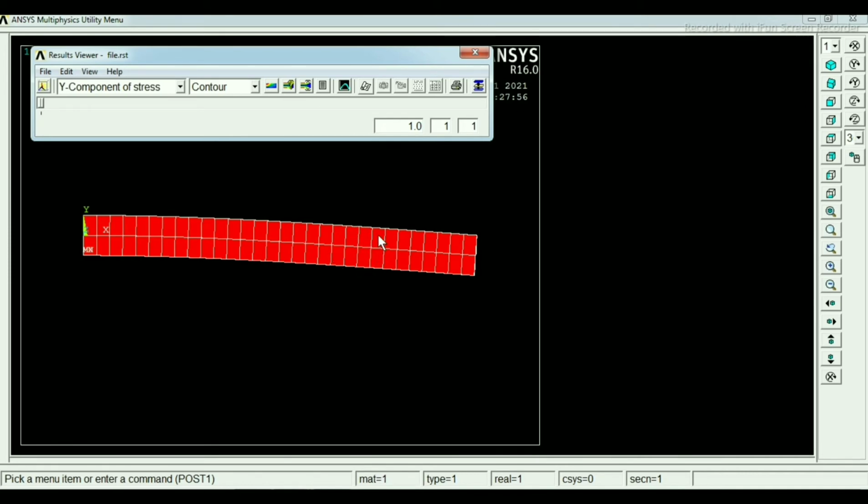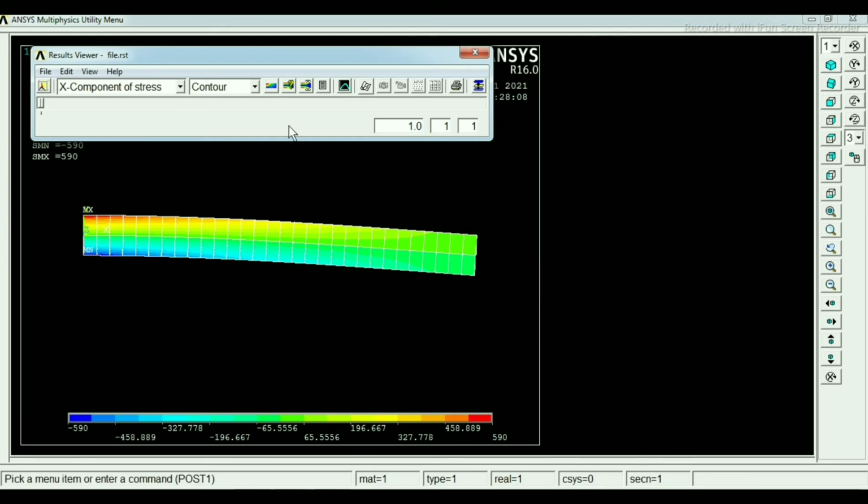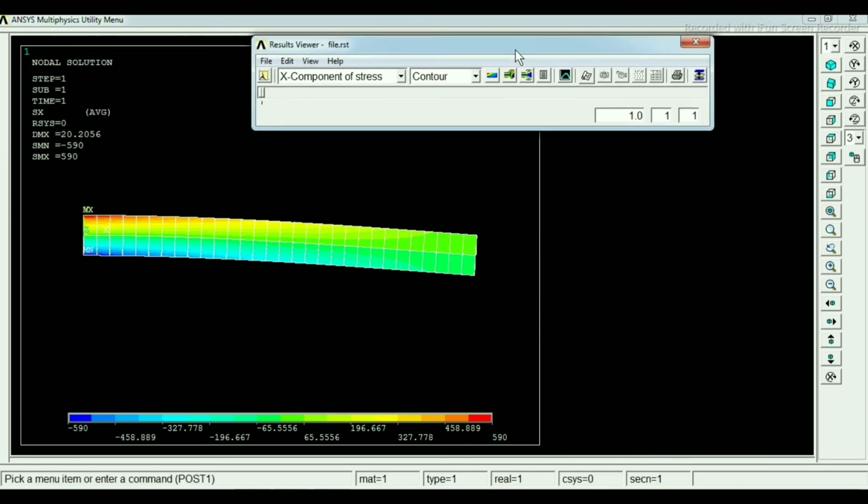At the Y component, the stress will show like this. If you click on the X component, it will show you the stresses in the X component. These are the different color codes, and these are the stresses in the beam.